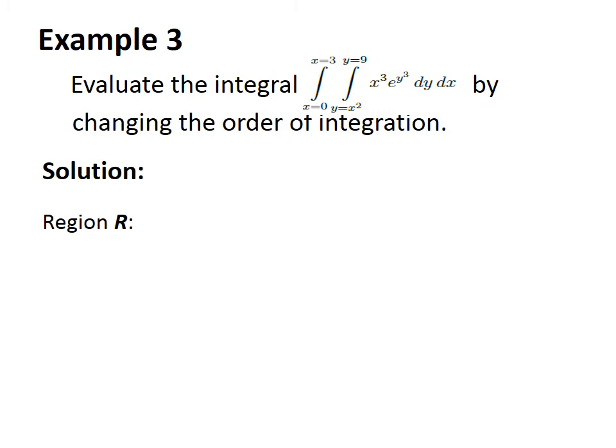So what is the given order? dy dx. Changing the order means we have to choose the elementary strip dA as dx dy. That means we have to take the strip parallel to x axis and fix the bounds. Let us see how to do that. So here the given region R is taken from the bounds. Inner bound for y, outer bound for x.